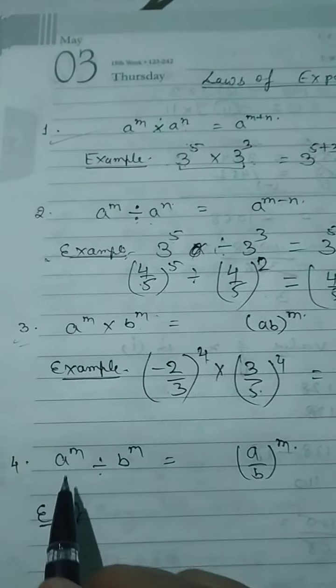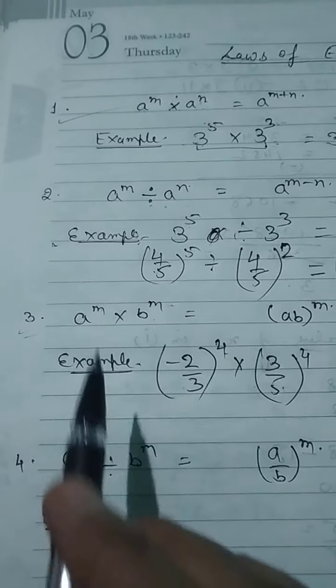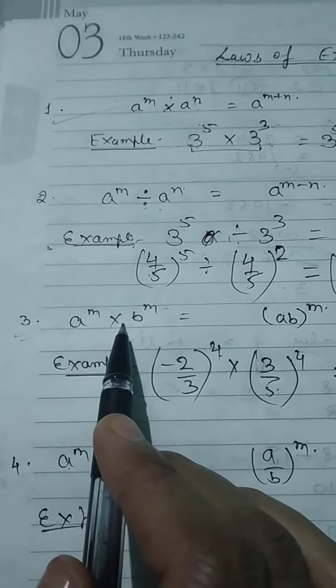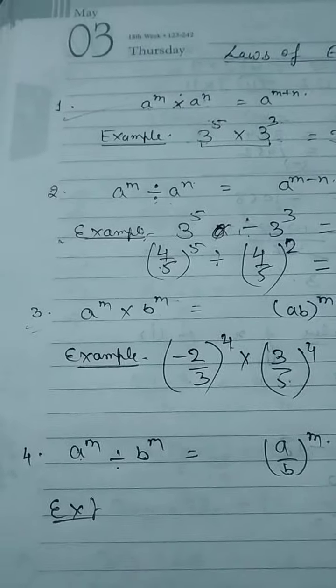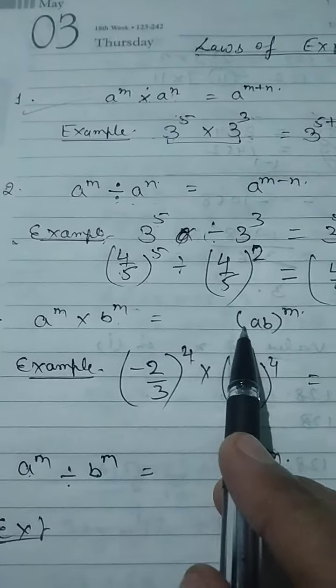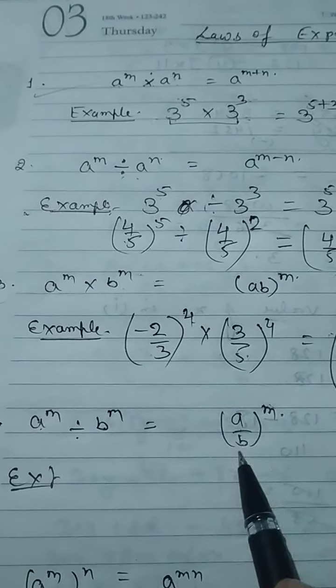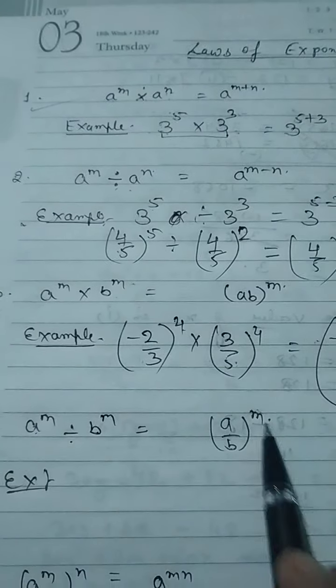Okay. Now the bases are different but we are dividing, and the power is the same. The bases were different, but we are multiplying here. It is dividing. So we will divide the base and write one power. As we are multiplying it and writing one power, so it is in divide. So we will divide the base and give one power.